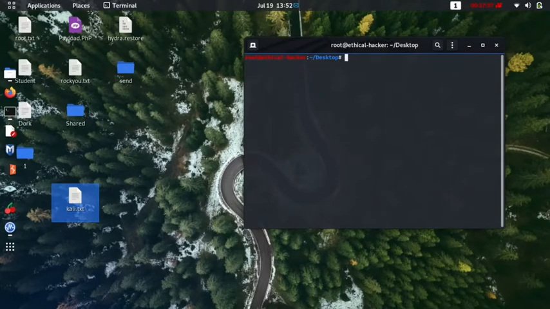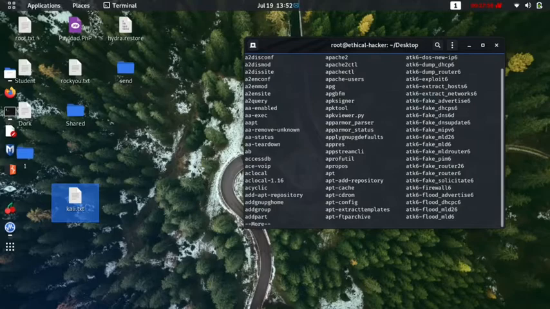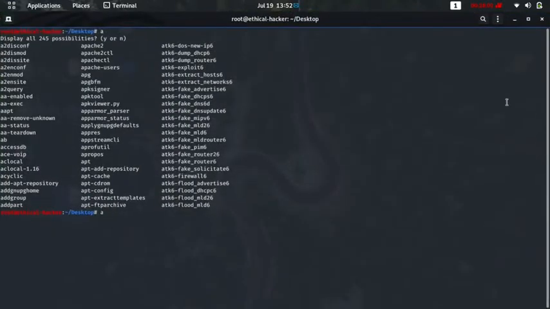We want to check commands starting with the letter A. We'll type A and then press tab twice. After that it says display all 245 possibilities. I'll type Y, yes. If I enlarge, you can see all 245 possibilities, all the commands starting from A,